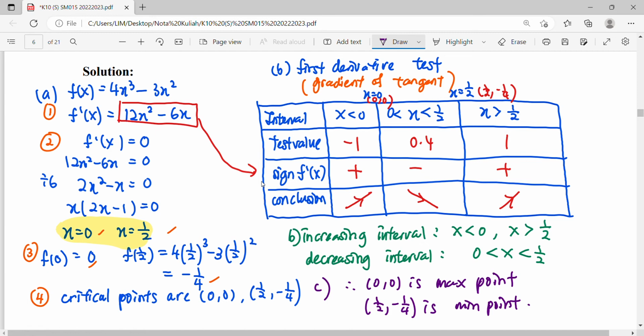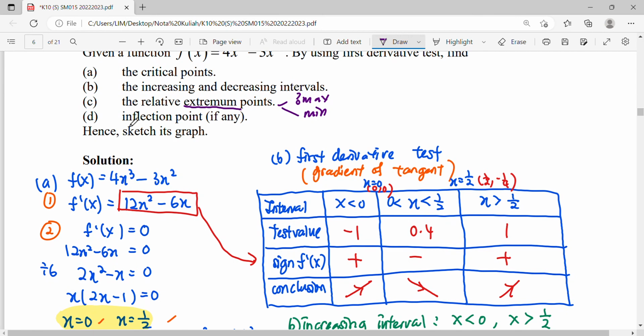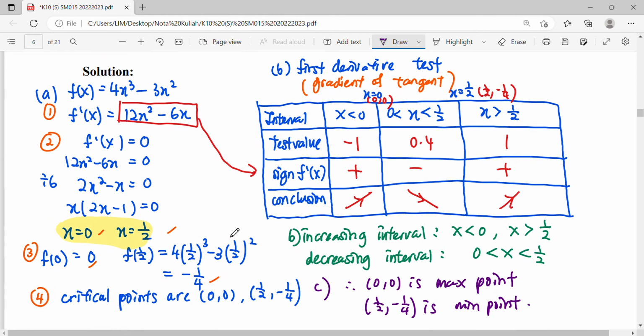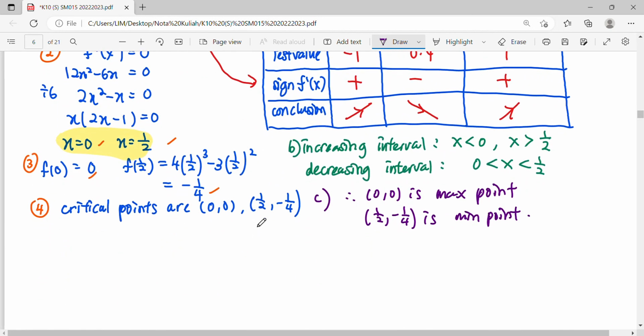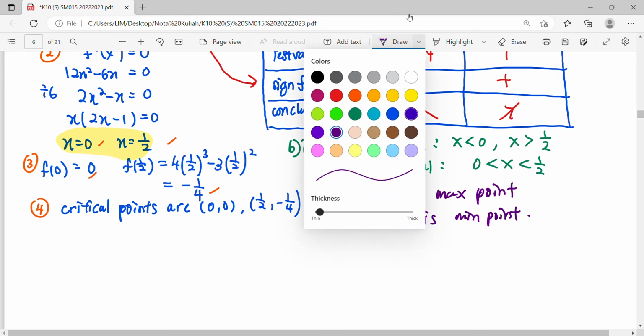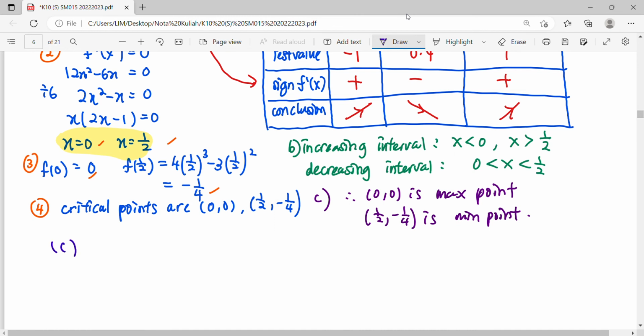Done? Okay, question D. We want to find the inflection point. The inflection point occurs at the change of concavity, right? Between concave upward and concave downward. When we talk about concavity, it means using the second derivative test. So for dy/dx we look at the tangent up and down. For concavity we look at the second derivative, d²y/dx². So to find the inflection point,